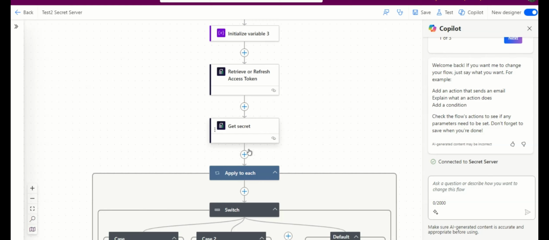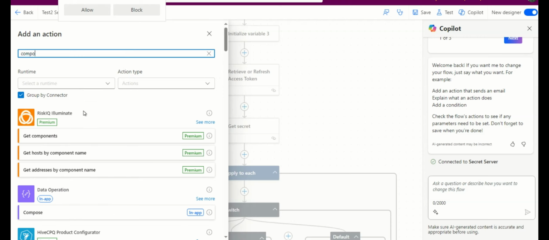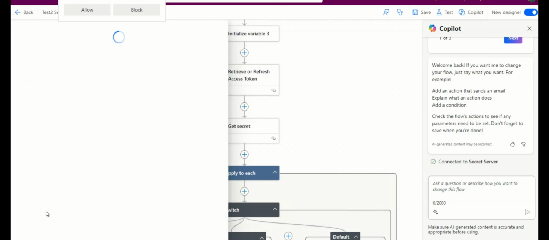Add a new step after the get secret step. You can add a set variable or you can add a compose, depending on your preferred operation. For example, I'm adding a compose action. Okay,